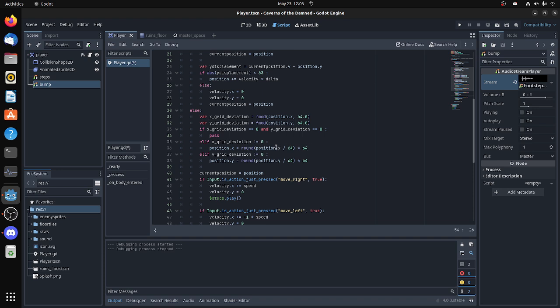The way I did that is dividing the position by 64, rounding it to the nearest whole number, and then multiplying it by 64 again. It's a bit of a kludge, but